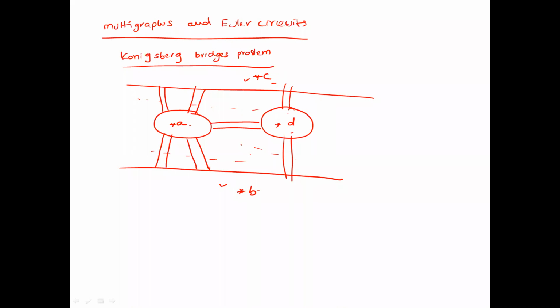What is that puzzle? Listen, I'll tell you. Start from any land area, maybe A, or B, or C or D. You cross all the bridges exactly once and reach back to the same land area. That is one puzzle. The second one is: if not the same land area, starting from any land, can you reach any other land area? Basically, there are 2 puzzles.